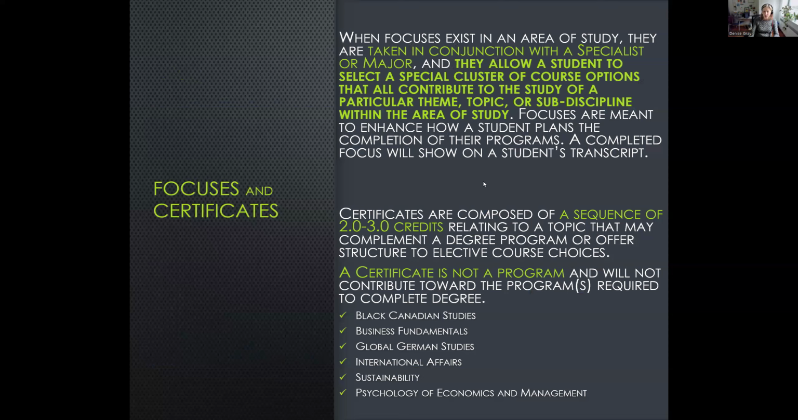Focuses and certificates are other ways to enhance your credentials on your transcript. These are not programs, they're not majors, minors, or specialists, but they are specialized courses, often within a particular discipline, that will add a credential. So focuses exist within an area of study. Not every department has one or offers focuses, but it's a way of clustering your elective courses within those programs